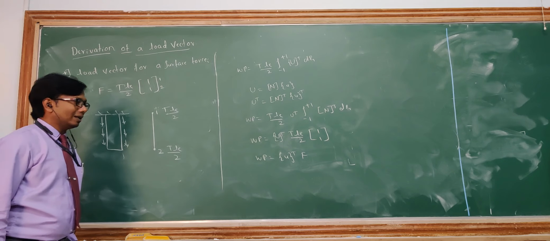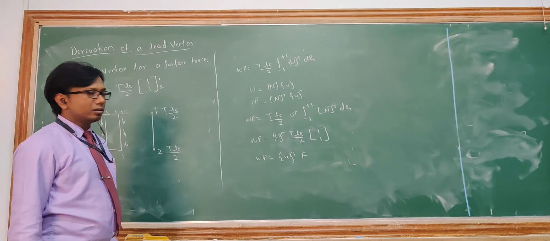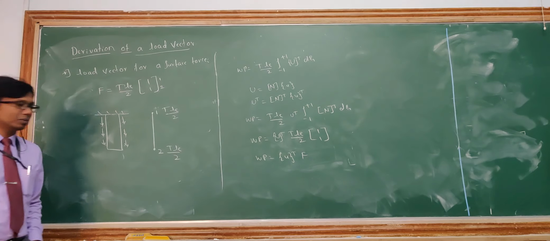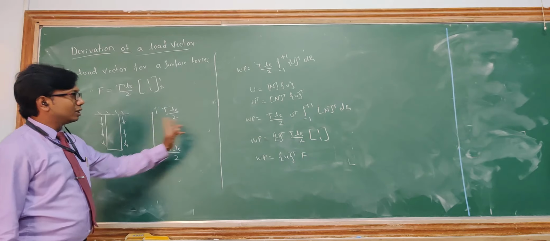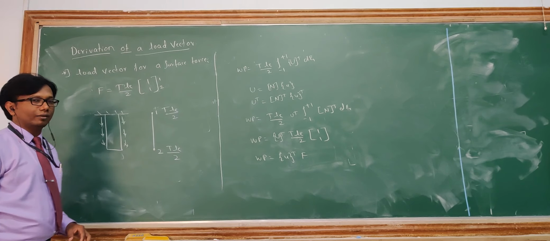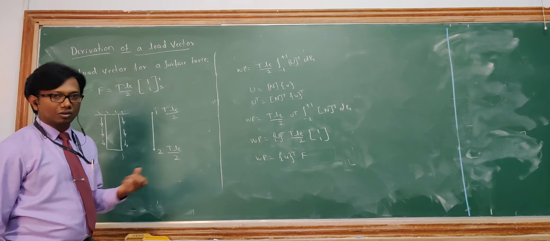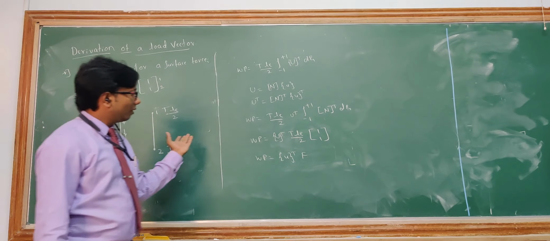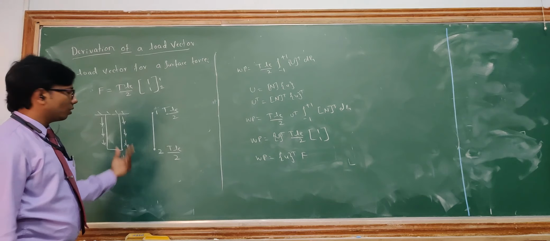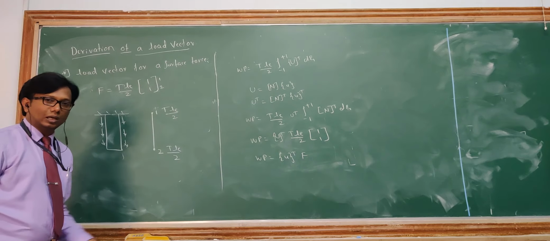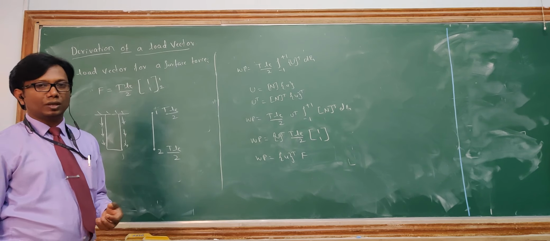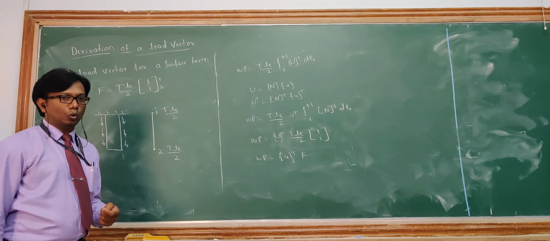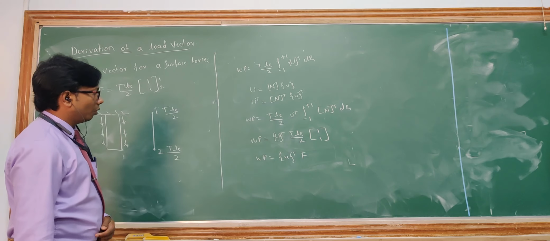So next we will be solving some basic problems on bar by applying all these equations which we have derived. We will be using the stiffness matrix equation. If a body is subjected to a body force or a traction force, we will be using those conversions to solve and to get the displacement of the particular node. Okay, so hope you got this particular session.